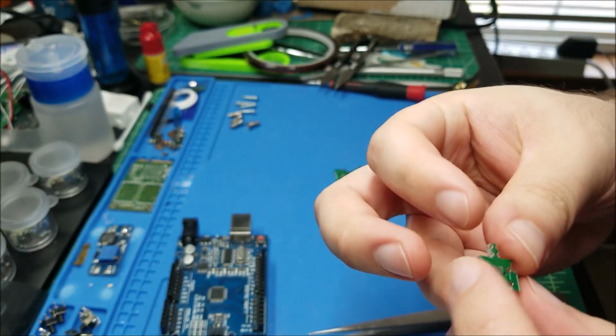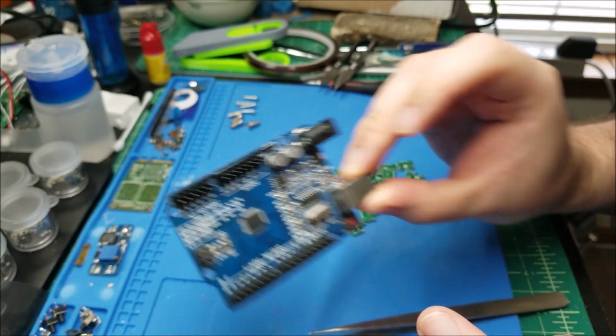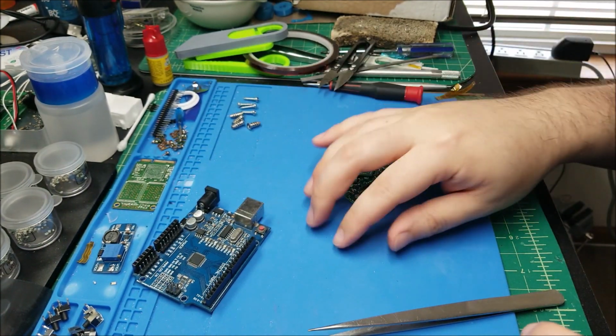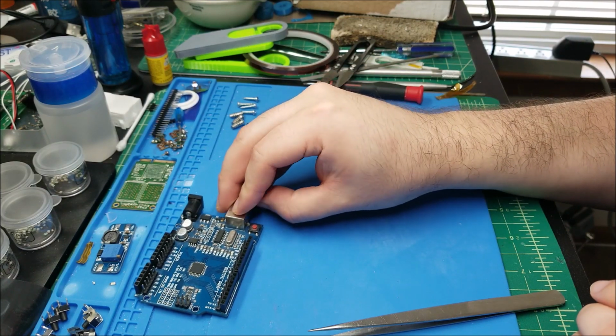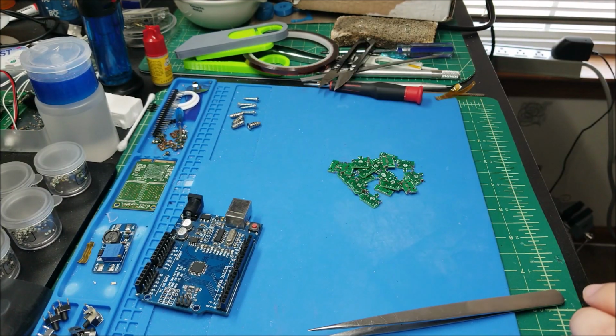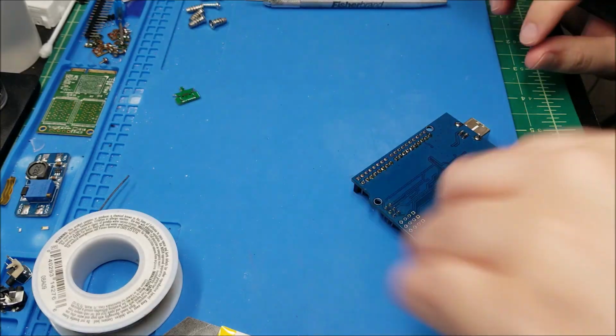Now the first step clearly is removing this port without damaging anything too much. That might be hard. I'm not sure how I'm going to do that. Probably not hot air, probably just with an iron with a big tip and lots of heat, and I might actually end up having to cut this guy off, but